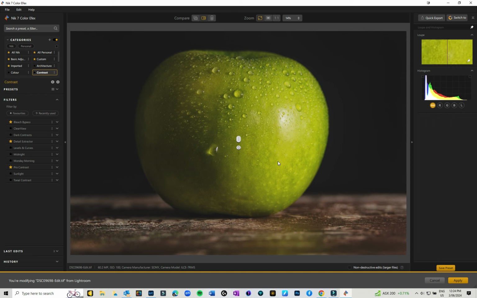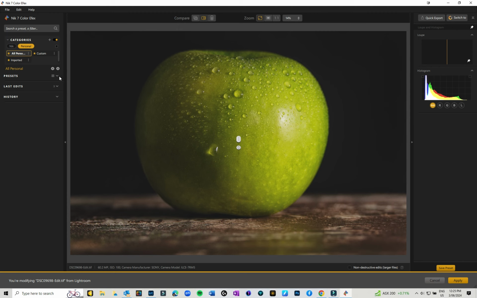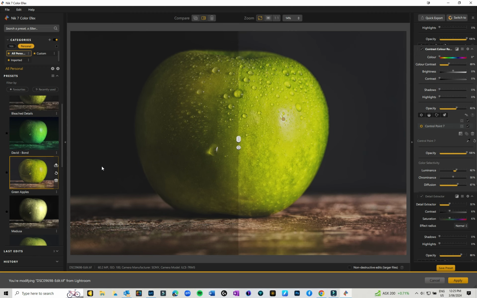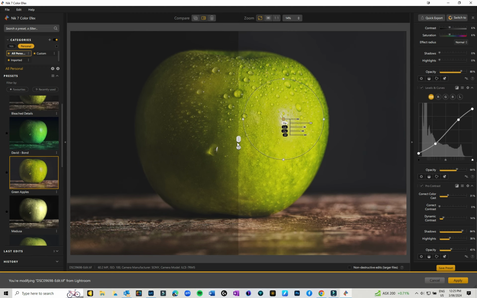It comes back into Nik, but because I did not click on non-destructive edits, it hasn't kept that. But if I go into my personal presets and I hit Green Apples, it is right there. So I can then apply that back to this image and make some changes,